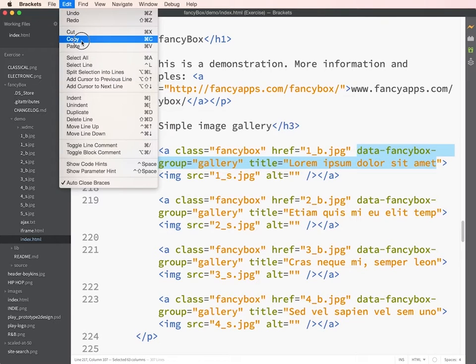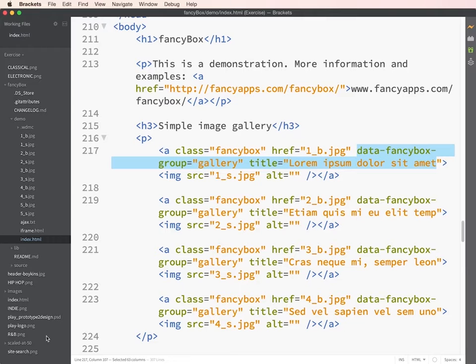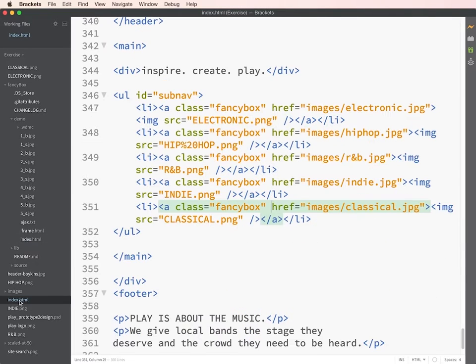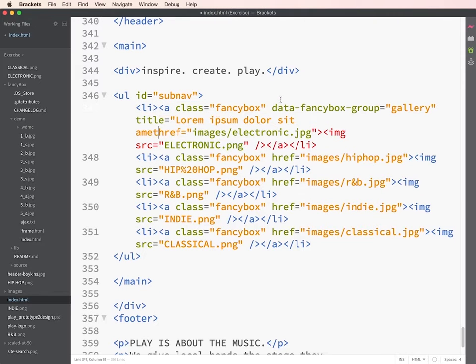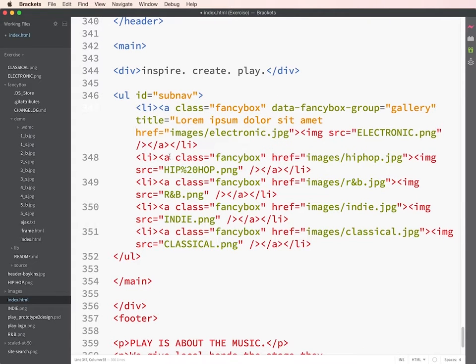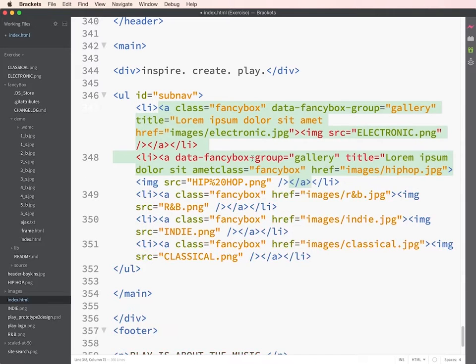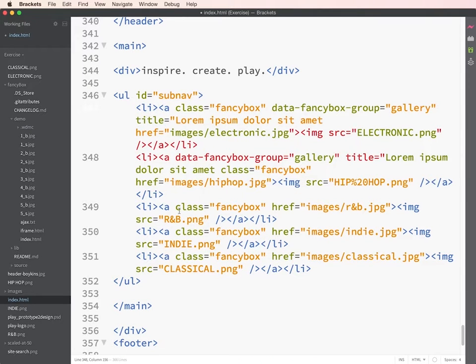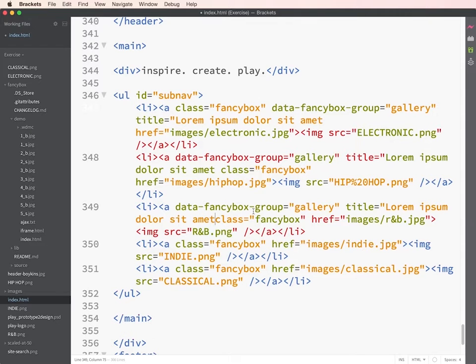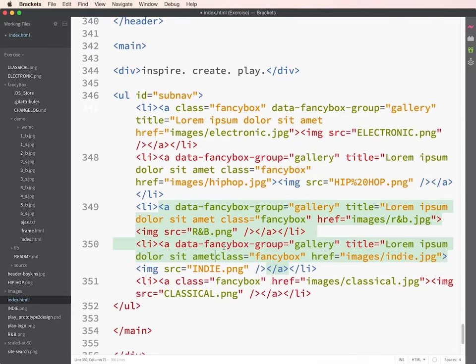So what I'm going to do is I'm going to copy those two, and then I'm going to switch back to our design. Here we go, right? And I'm going to add them, right? So I'll add them to each of them. And I just copy and pasted this, guys, so I'm not doing anything out of the ordinary, right? Right? And I'm just going to paste them into all of it. And